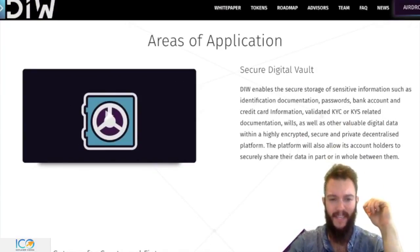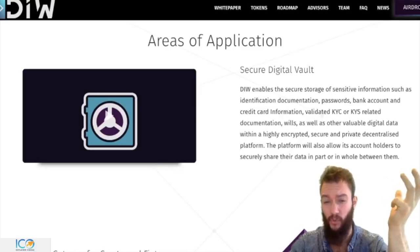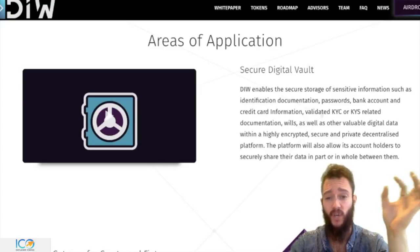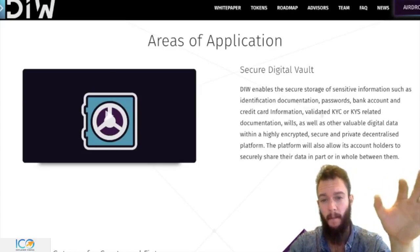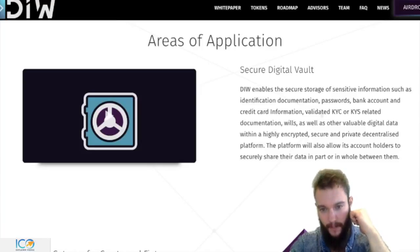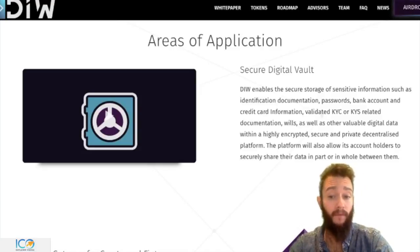So let's have a look at the areas of application, the use cases. So they'll have a secure digital vault. DIW enables the secure storage of sensitive information such as identification documents, passwords, bank accounts, and credit card information, validated KYC or KYS related documents, wills, as well as other valuable digital data within a highly encrypted, secure, and private decentralized platform. The platform will also allow its account holders to securely share their data in part or in whole